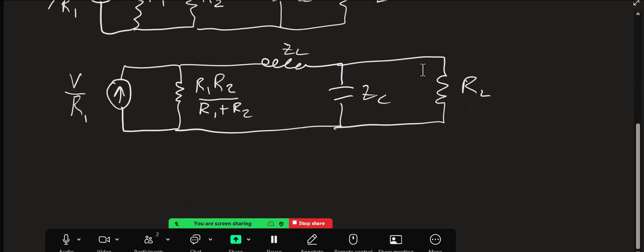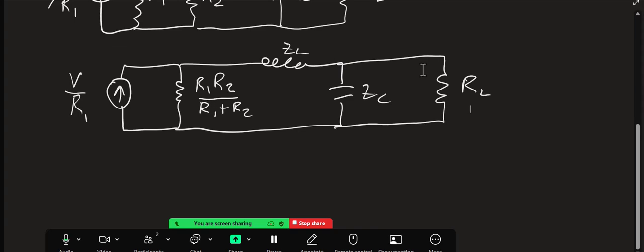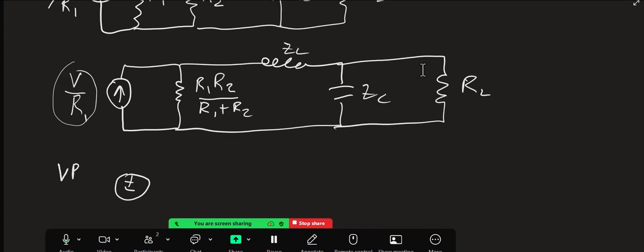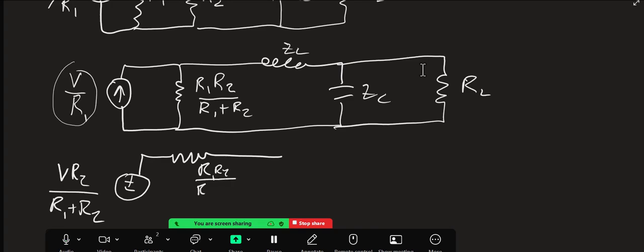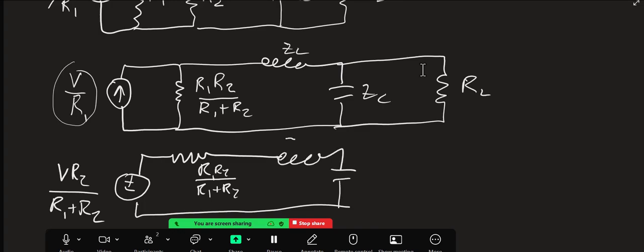And then I can take this back to a voltage source, and this voltage source is going to be this voltage times this resistance, so my R1s will cancel out, so I get V R2 over R1 plus R2 times R1 R2 over R1 plus R2 and ZL and ZC